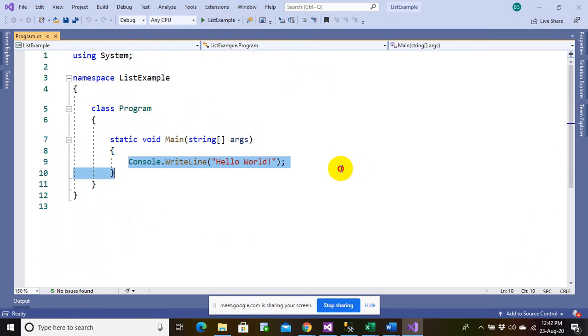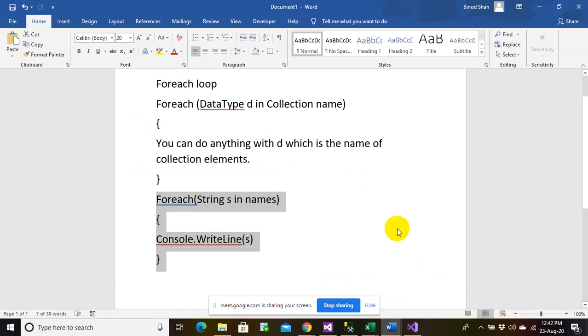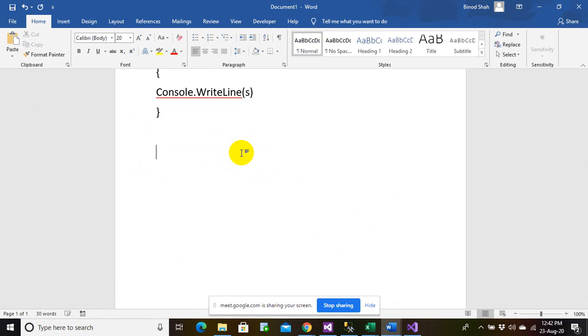So list is very straightforward, everyone. So the syntax is very tricky with the list. So let me have the syntax for the list now. List has a syntax like list, the angular bracket and the data type, and the name of the list, like the list name equals new list, and the data type in the angular bracket, and we have an open bracket and a closed bracket. So this is the very example of a list, everyone. So this is how you can create a list.